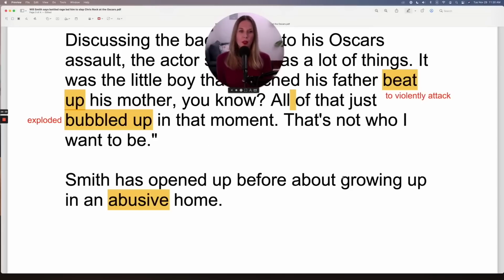Now, grow up. I find a lot of students know how to use this, but often I see mistakes because they forget that it's a phrasal verb. You need the verb grow and the preposition up. So when you grow up in a home, or you can grow up in a specific city, that means that is where you were raised. That's where you were a child, and then you became older and older and became an adult.